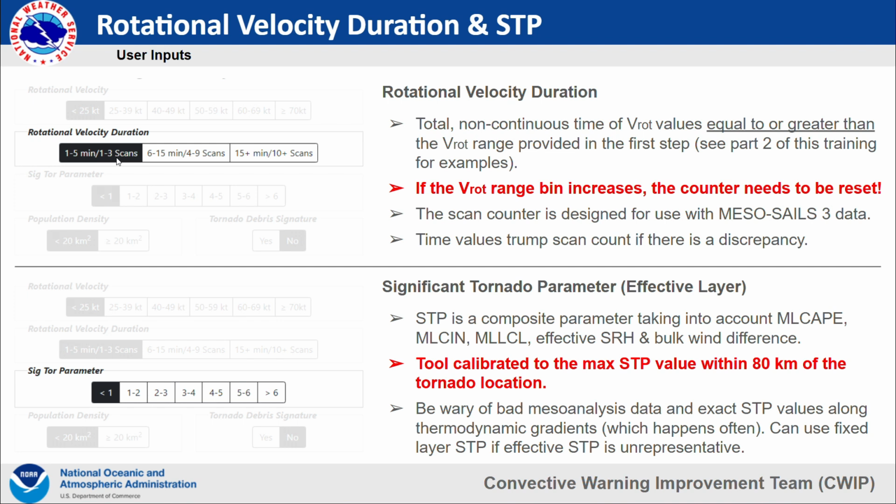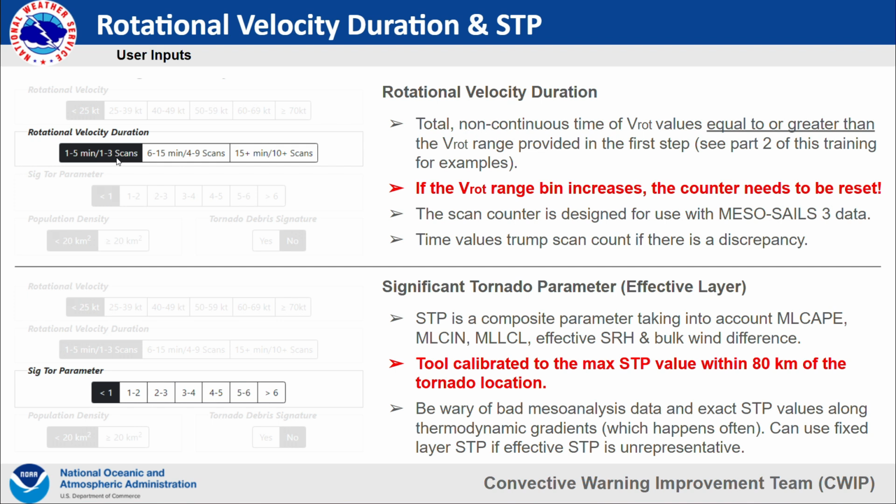Below that is the significant tornado parameter, the effective STP, which is simply a composite parameter taking into account mixed layer CAPE, CIN, LCLs, effective SRH, and bulk wind difference. And this tool is calibrated to the max STP value within 80 kilometers of a tornado location. And that's important